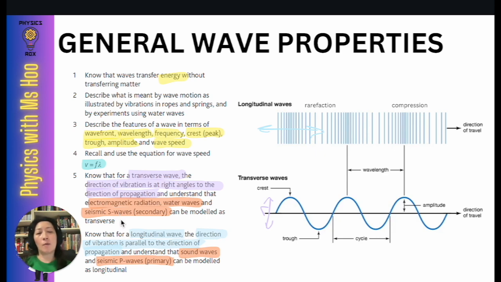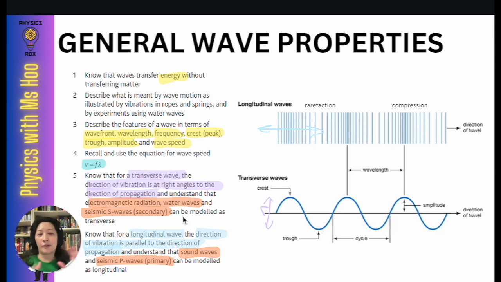So if you are wondering, do we need to be able to explain what seismic-S and seismic-P are? No. As you can see in the syllabus guide, you only need to be able to identify whether they can be modeled as transverse or longitudinal. Even if you don't know what seismic-S and seismic-P are, well, you should. You can always read up about it. If you'd like to know more, I will be releasing a video about seismic-S versus seismic-P sometime in the future,